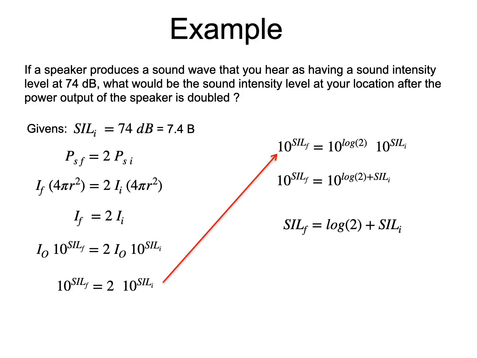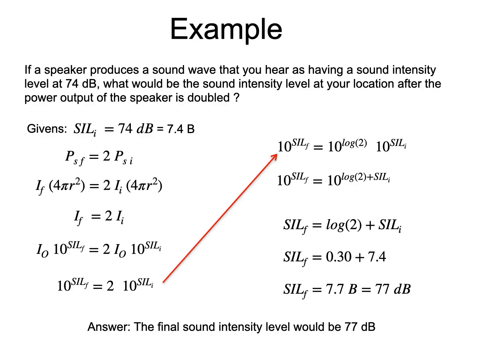Using a scientific calculator to evaluate the log base 10 of 2 and substituting the initial sound intensity level in bels gives this. The final answer is 7.7 bels, which is the same as 77 decibels. Notice that the doubling of the power output of the speaker results in an increase of 3 decibels for any listener, no matter where they are in respect to the source, under the assumption that there is no energy loss